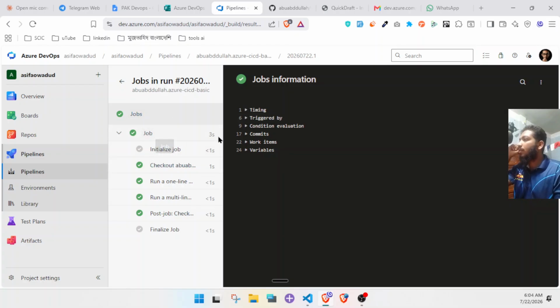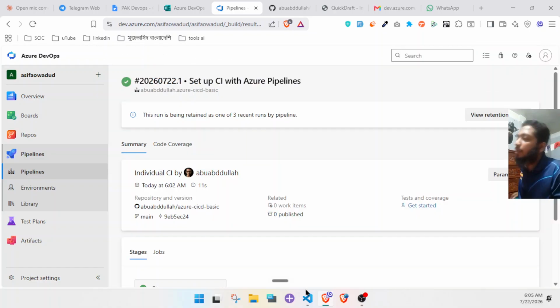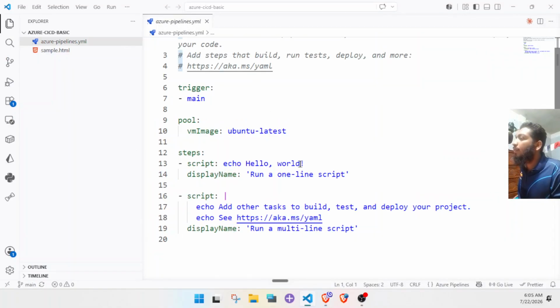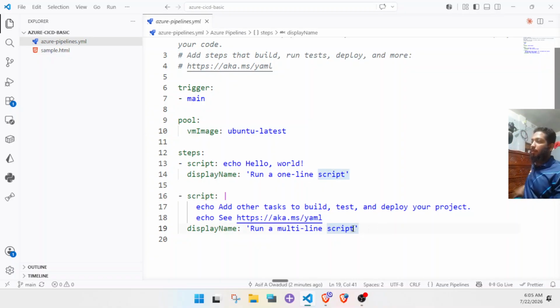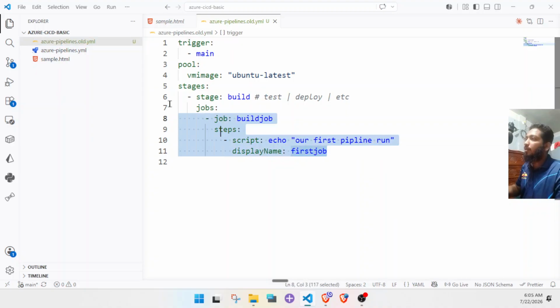Okay, so this is the jobs. This is the jobs. This is basically based on the script of the Azure pipelines file. Okay, so if we edit this file, like let me have a copy. So you can see I copied a file. So this is the